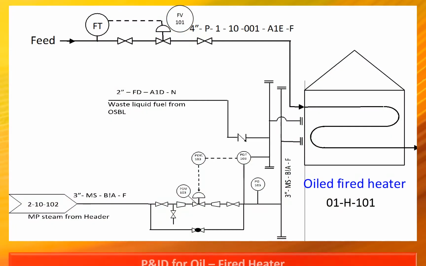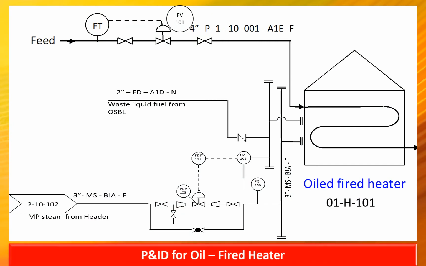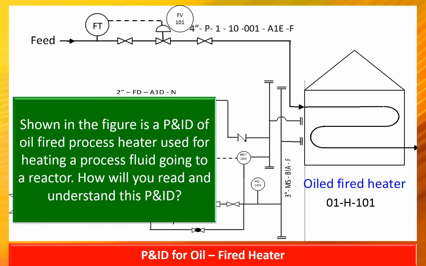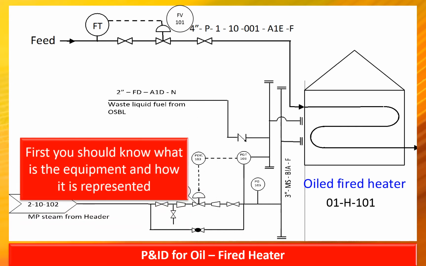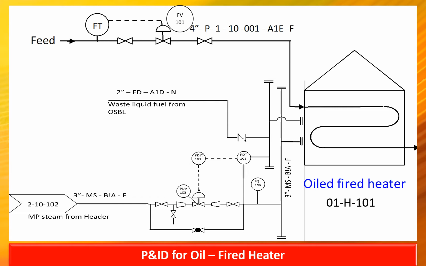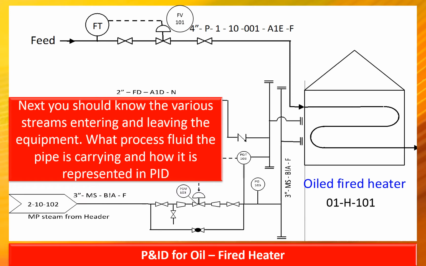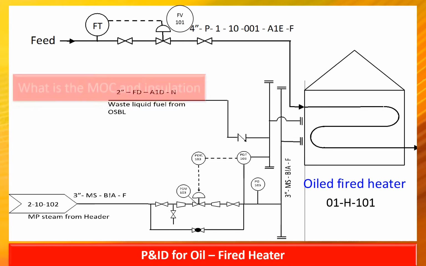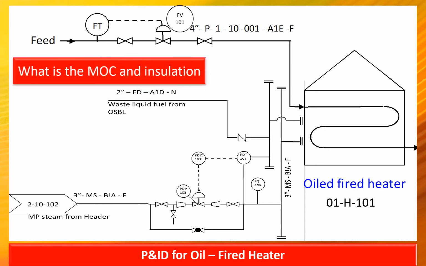Shown in this figure is a P&ID of an oil-fired process heater used for heating a process fluid going to a reactor. How will you read and understand this P&ID? First, you should know what is the equipment and how it is represented in the drawing. Next, you should know the various streams entering and leaving the equipment, what process fluid the pipe is carrying, and how it is represented in the P&ID, what is the size of the pipe, what is the material of construction and insulation of the material used,